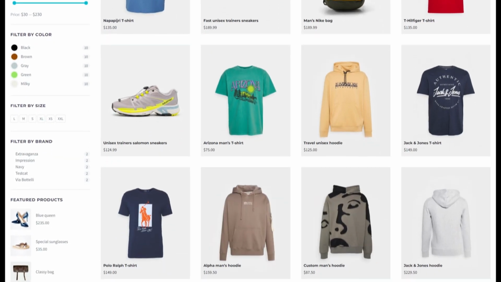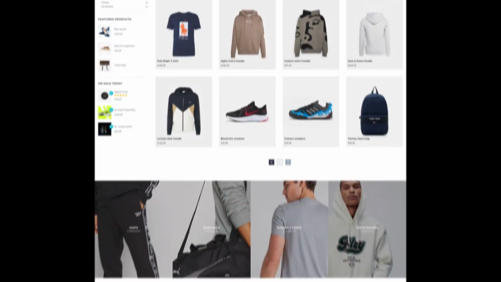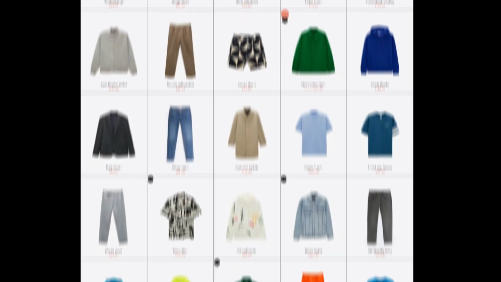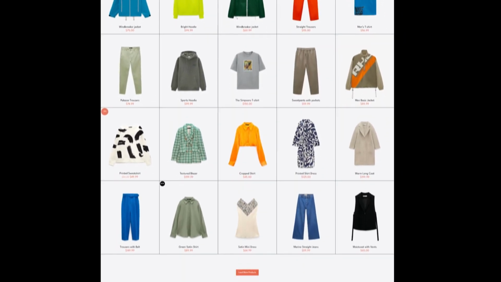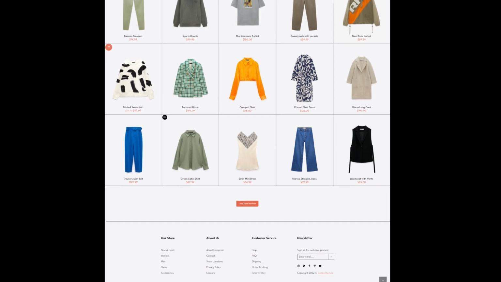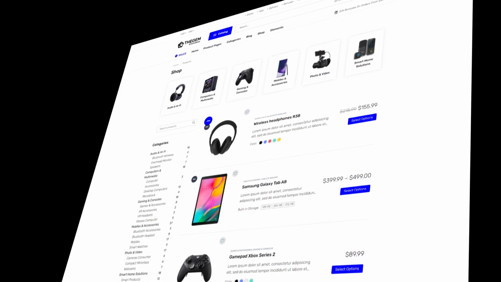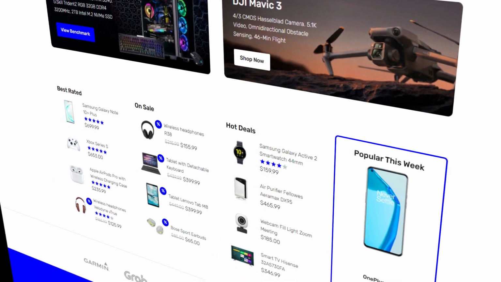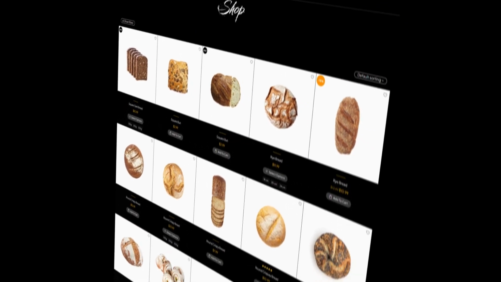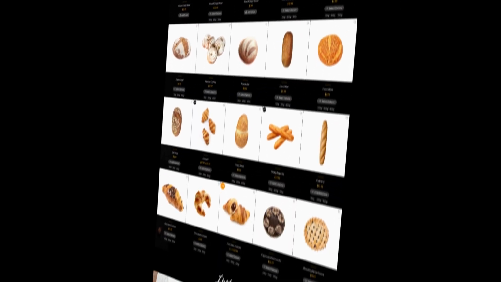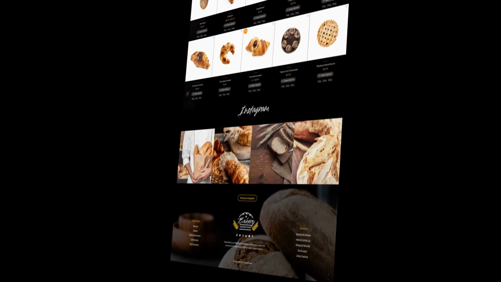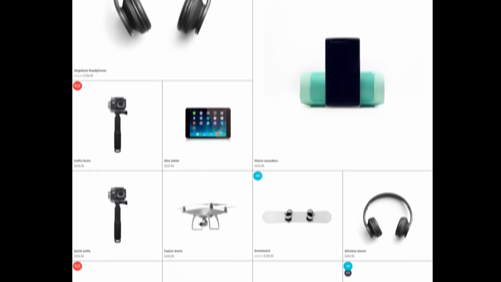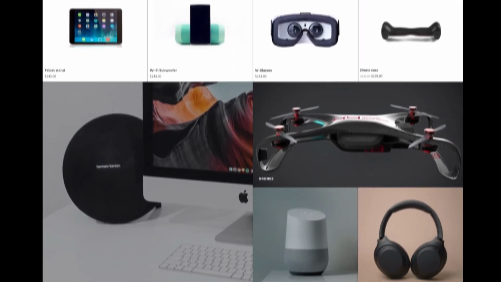Hi everyone. In this video, I will show you how to use the TheGem template builder to create unique custom layouts for product archives. Product archives include the main shop page, product category pages, product tags, and attributes pages and are an essential part of every online shop, containing dedicated product listings. Having optimized product archives with excellent design, improved usability, and conversion-oriented dynamic elements is crucial for the success of any